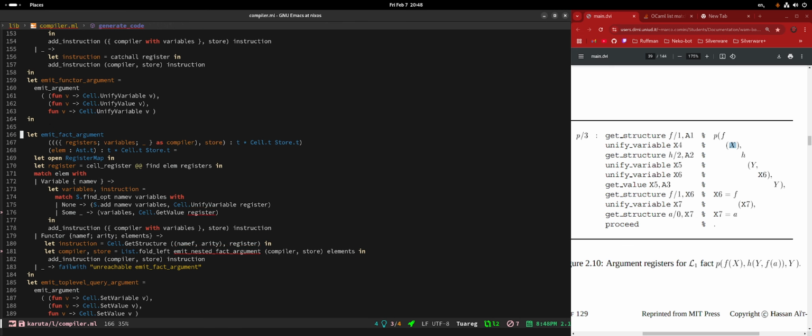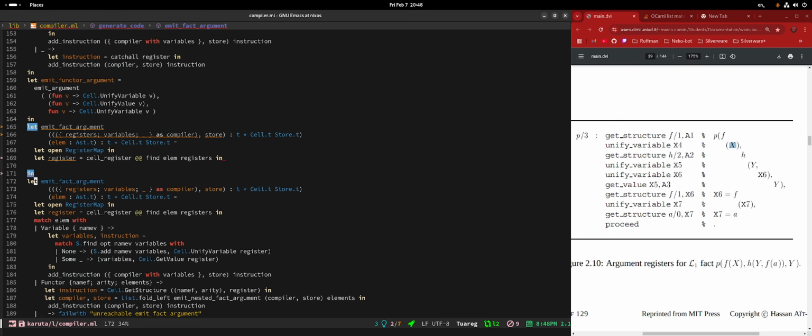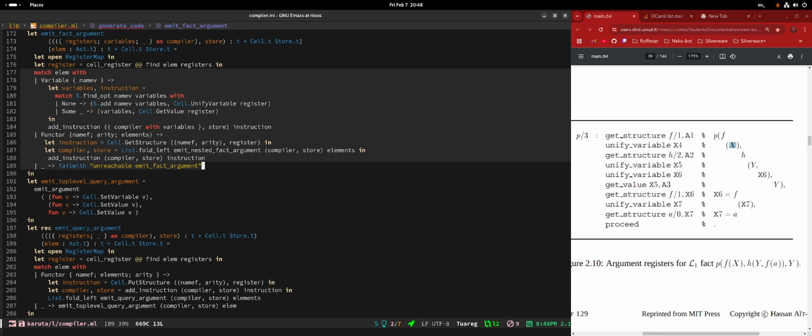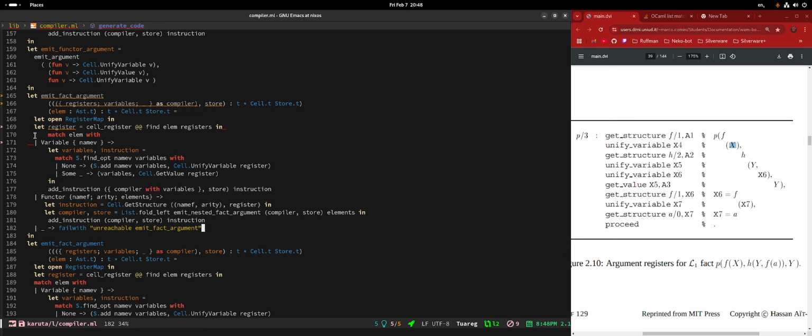Actually, I think we need all of these. Okay, actually, we don't even need. I think we do need these as well. This is gonna be nested.